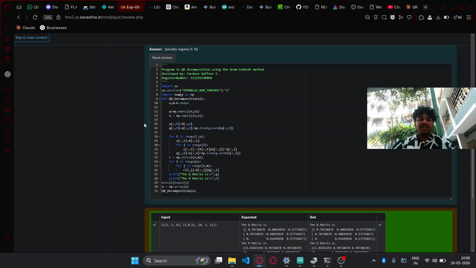For every column after that, we do something more involved. We again start by copying the corresponding column from A, but then we loop through all the Q columns we already computed and subtract the projection of the current column onto each of those directions. What this does is systematically remove any overlap, any shared direction, between the current vector and the ones we have already processed. The result is a vector that is completely perpendicular, or orthogonal, to all previous Q columns. We then normalize this new vector and store it as a new column of Q. This process repeats for every column until Q has been filled. At that point, we have a fully orthogonal matrix where every column is a unit vector and no two columns share